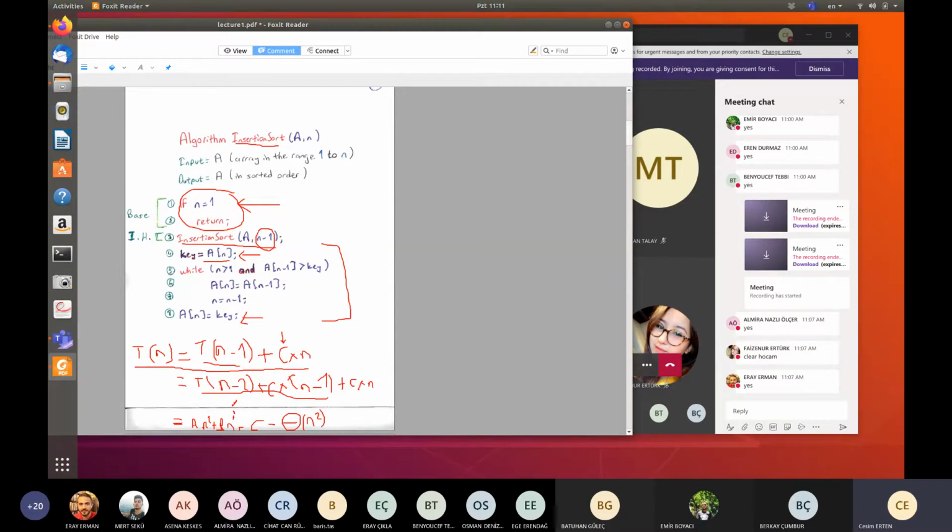We will later on see a formal definition for theta to see that this function a n squared plus b n plus c actually is theta of n squared. So in the worst case, we conclude that insertion sort requires theta n squared running